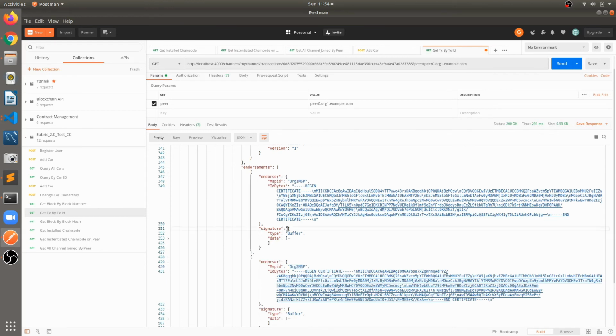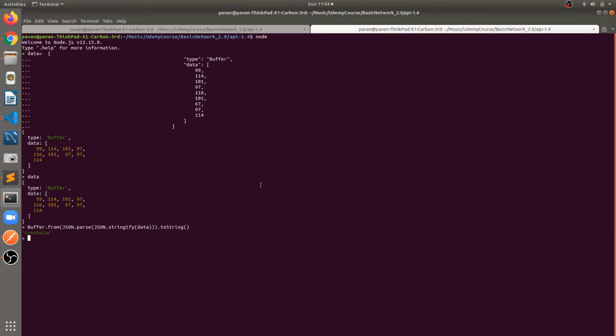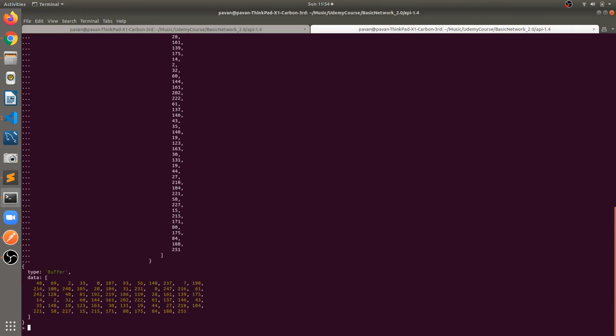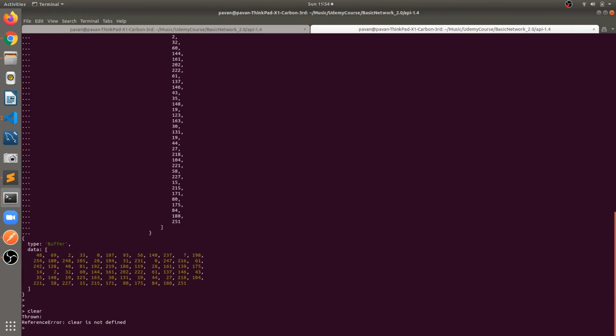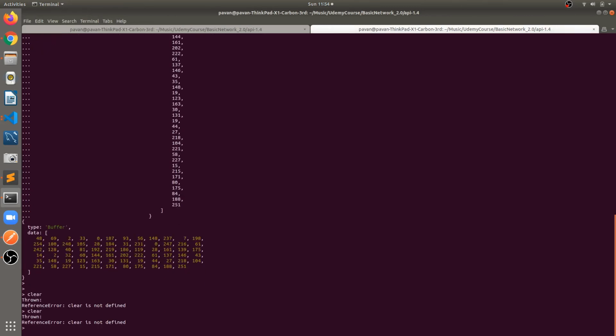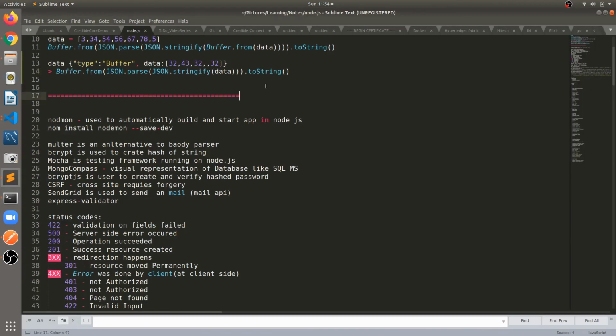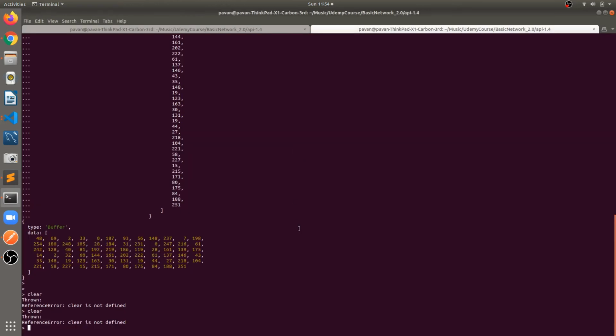I can show you this object as well. This is actually the signature. Oh, it's not there. Okay, again we'll execute the same, buffer from, JSON parse, JSON stringify.